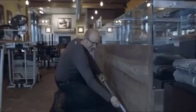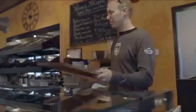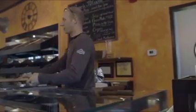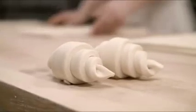Local bakery asked us to change the facade of the display units that they have and their counter space into more of a rustic feel. They're only closed on Mondays, so we'd have basically Sunday evening we'd go in and we'd have Monday to work, and then we'd have to be out of there by, you know, they start working at 5 o'clock on Tuesday